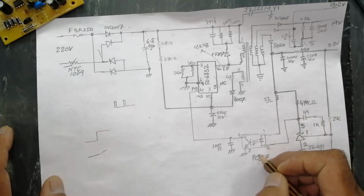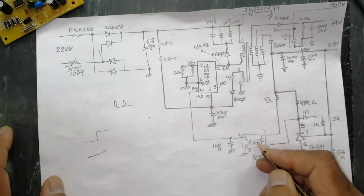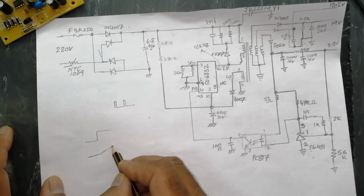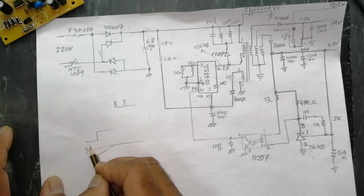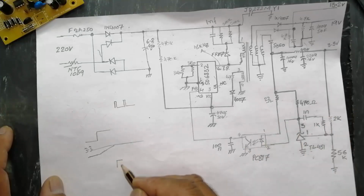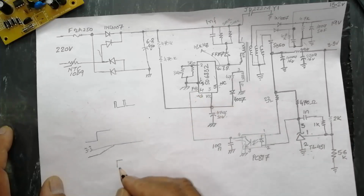When the LED in the optocoupler gets its required output, it will start conduction. When it starts conduction, we are receiving voltage at output like this. And when we receive the voltage here, suppose we need 3.3 volt. At 3.3 volt, what will happen? The LED diode will conduct. When this LED conducts, this transistor will conduct at that time, and we will take a feedback pulse here. Okay, this optocoupler